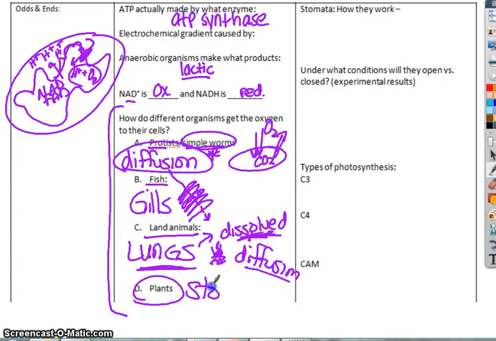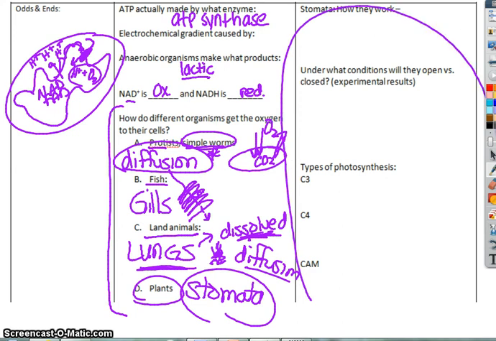And then plants have stomata. And I'm going to run out of time here. So in the next one, I'm going to talk about just photosynthesis and stomata and the C3